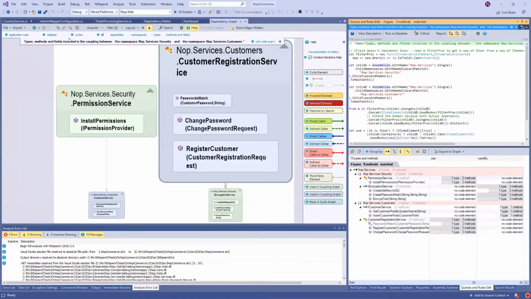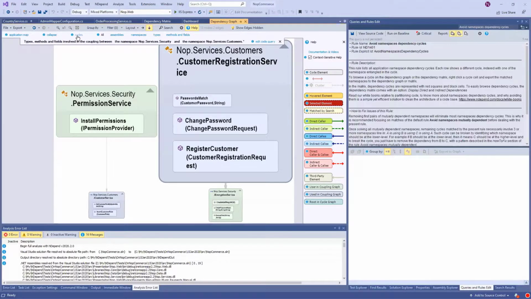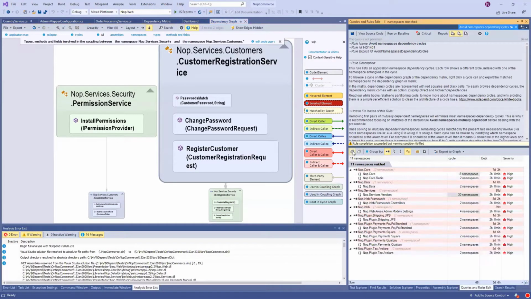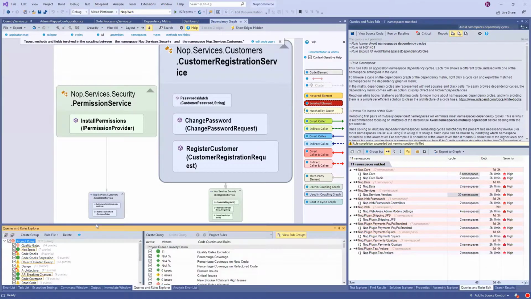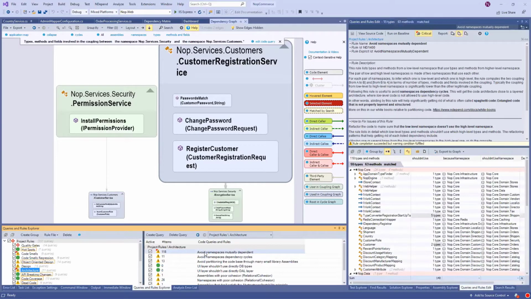And even better, if I go back to the cycle code rule, let me go back. So these are all the panels of NDepend. So there is the rule explorer. There are many rules executed by default. And there is one very interesting, which is avoid namespaces mutually dependent.